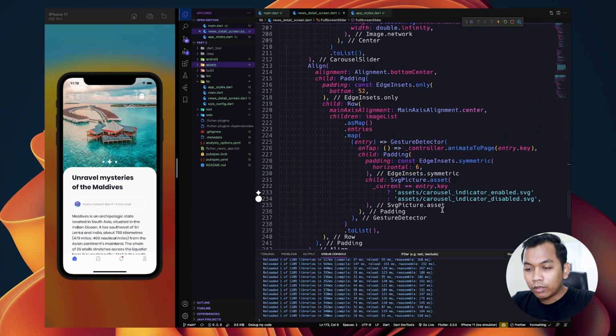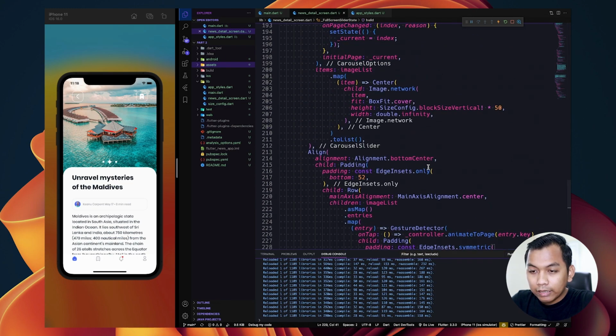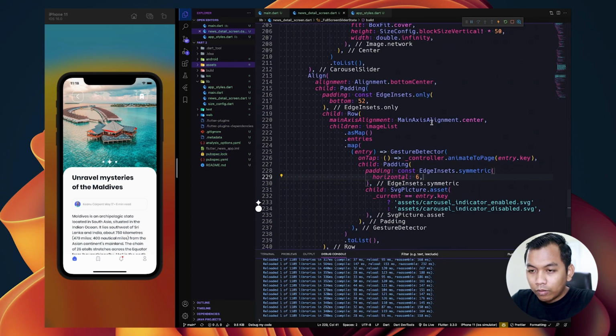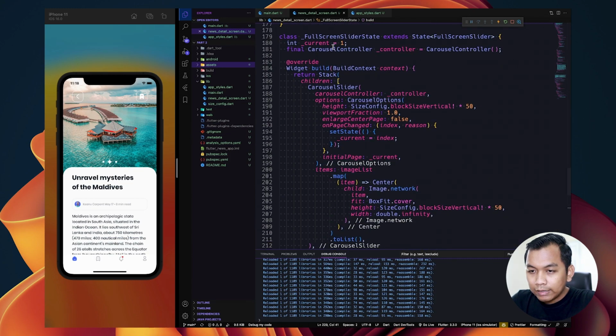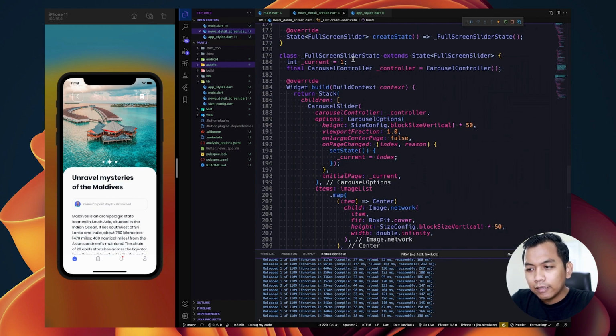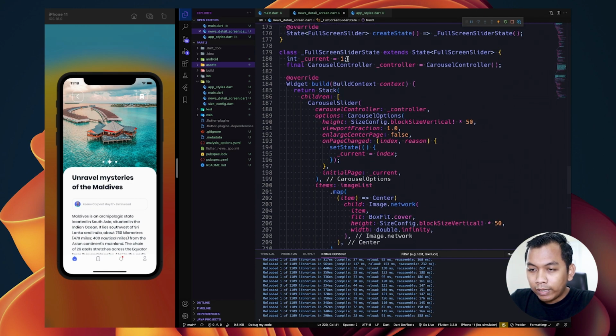And here we also give a ternary operator, and we will change the indicator with our SVG assets based on the condition, or based on the index. So why in this current set it to 1? Because in a list it starts from 0, it means the second component will be 1. So we can just simply say like this.